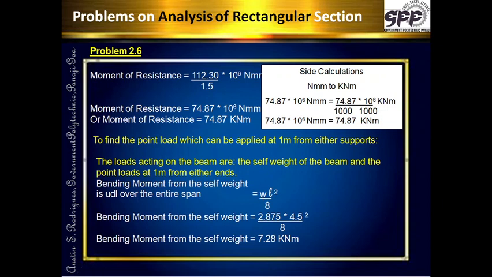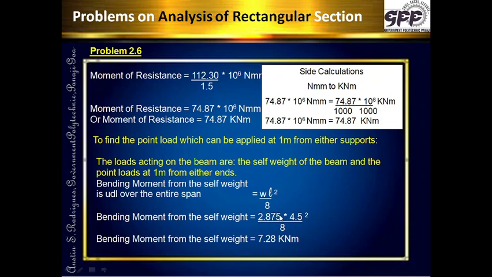the self weight of the beam. Now calculating the self weight of the beam needs the cross section dimensions, the width and the overall depth. Please note the overall depth is the effective depth plus the effective cover which has been given. So width into overall depth into 25, all converted to meters, where 25 is the unit weight of RCC in kilonewton per meter cube. So taking the width B, the capital D into 25, we get the answer as 2.875.